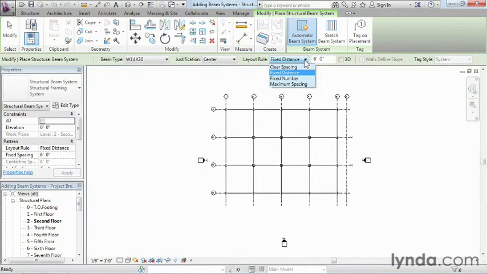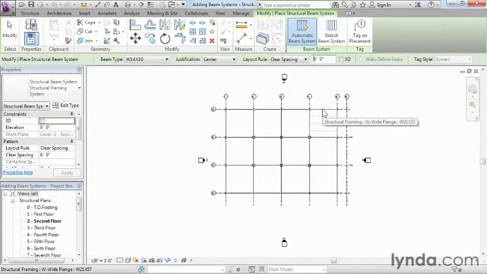But one thing that we do want to do, though, is we're going to change this from being a fixed distance to be what's called clear spacing. So it's just going to try to space these evenly inside of here. And you can see if I move my mouse in here, you can start to see some of these dashed lines showing up inside of the bay. Now, one thing that I did do, and this was a mistake on my part, is I just typed in 6, and then I believe I actually put the inch sign after it, because right now we're seeing them spaced every 6 inches maybe, or maybe that's what it was by default. So what we're going to do is change this to be 6 feet instead of 6 inches, because that just would have been obviously way too close.